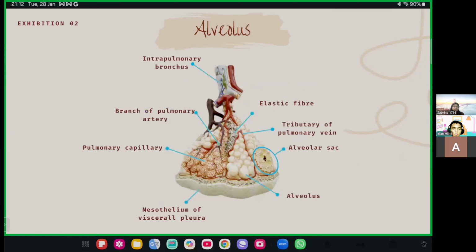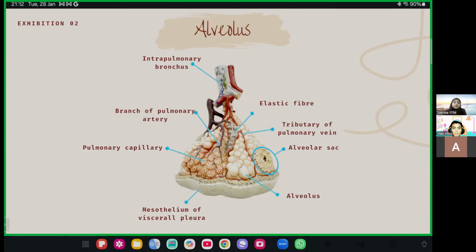So next, let's look at the alveolus, which is where the gas exchange actually occurs. It showcases pulmonary capillaries where oxygen enters the blood and carbon dioxide is removed. Then we have elastic fibers that allow the alveoli to expand and contract with each breath. And then we have alveolar sacs, which are clusters of alveoli that maximize the surface area for efficient gas